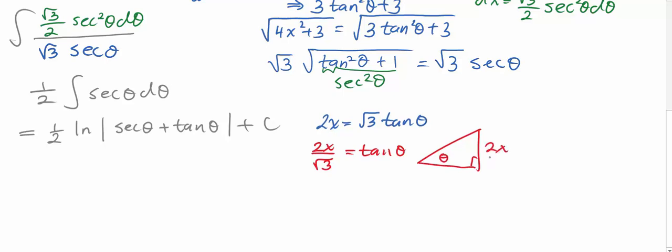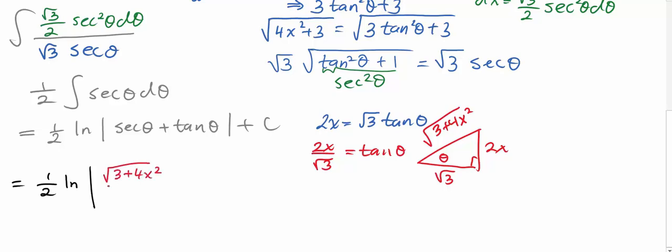So I know that 2x goes to the opposite, rad 3 goes into the adjacent, and by Pythagorean, the hypotenuse is the square root of 3 plus 4x squared, which showed up in the original problem, if you remember. So now I can go back to x-land completely by using this triangle. So if we go back to x-land, our final answer is 1/2 natural log, and for secant, which is hypotenuse over adjacent, I can replace that. The hypotenuse is square root of 3 plus 4x squared over the adjacent, which is square root of 3, plus